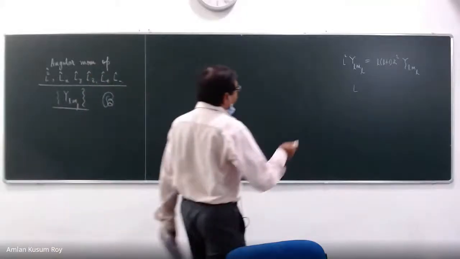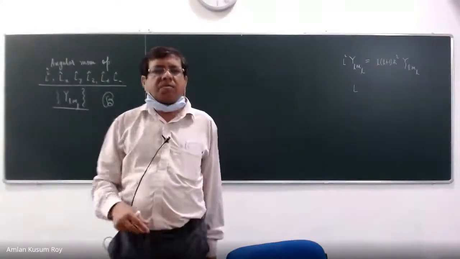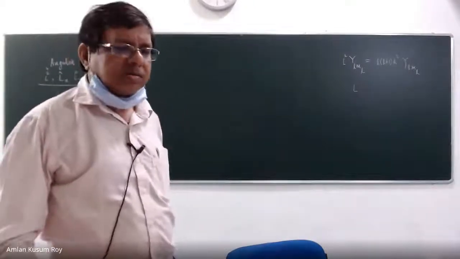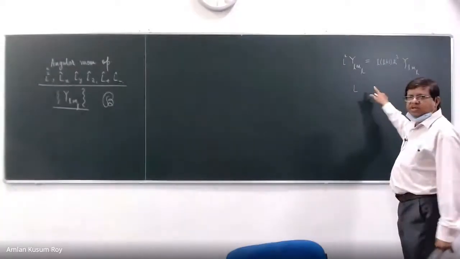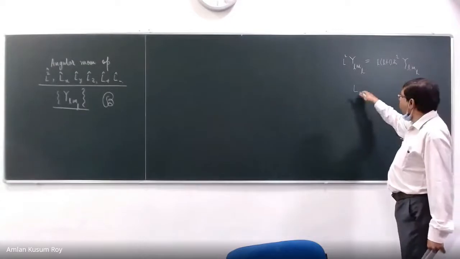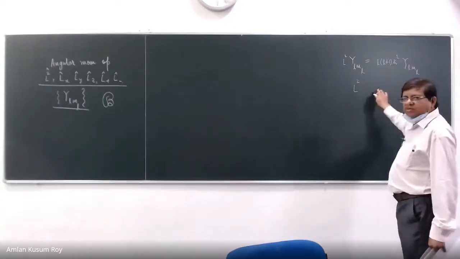The matrix element in the mth row and the nth column will be bra psi_m, L square, ket psi_n. What did you say? That representation using bra and ket, we did it. I want to write that expression. I have written L square. Please tell me what do I do?